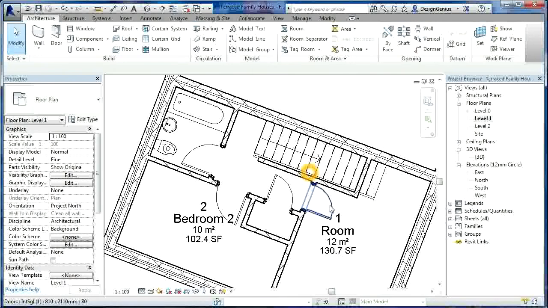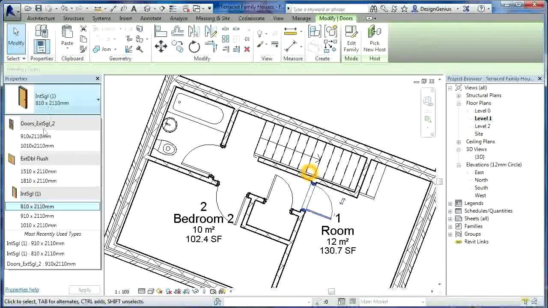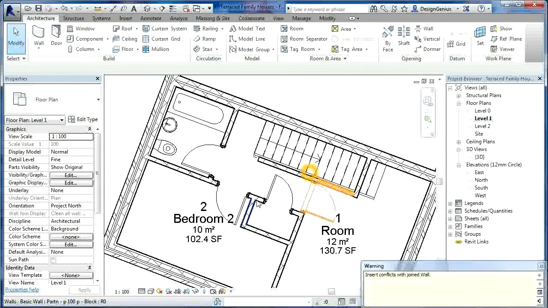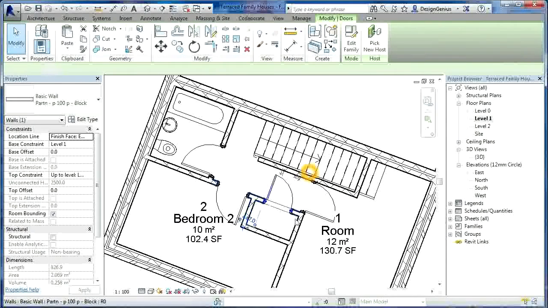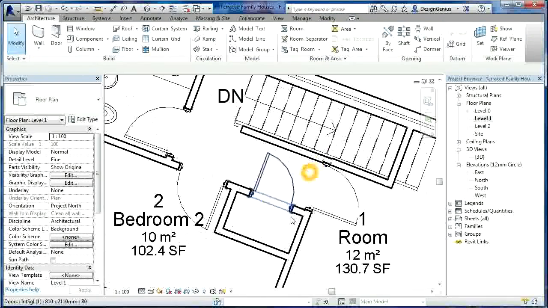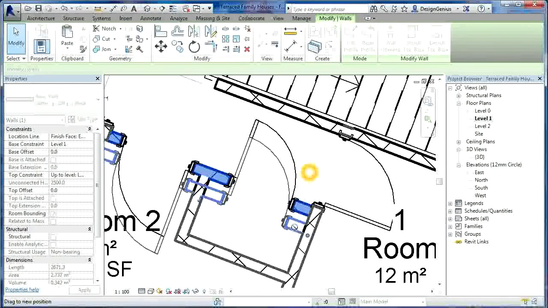Okay, we'll have to adjust this. I want this as a 9-10 door. It will conflict with this wall, but let's adjust this first. It will perhaps give me an error because of the conflict. Yes. What I need to do is pull this wall back. If I pull that wall back,